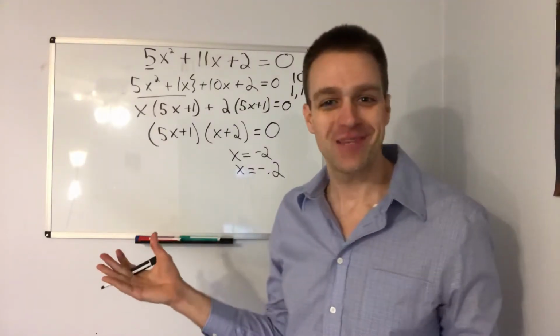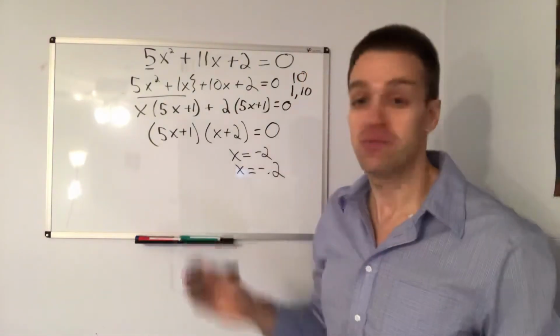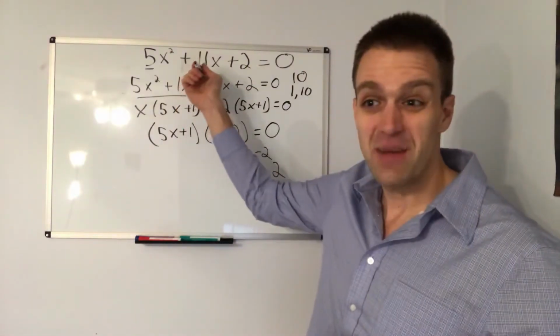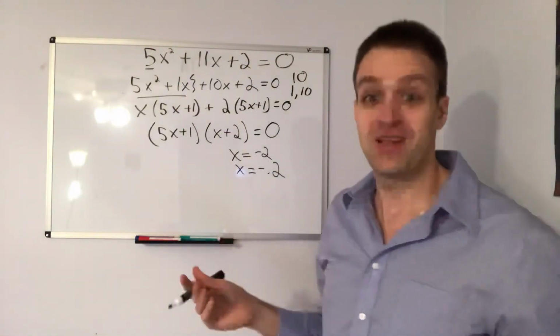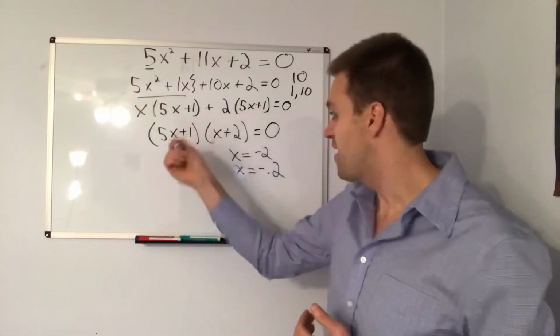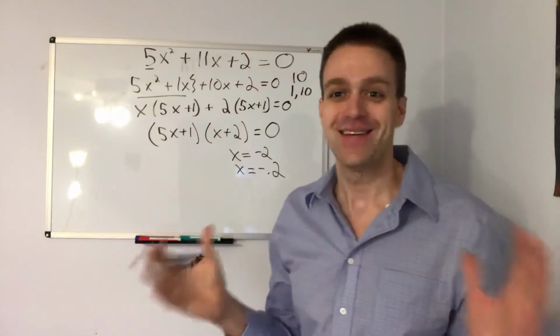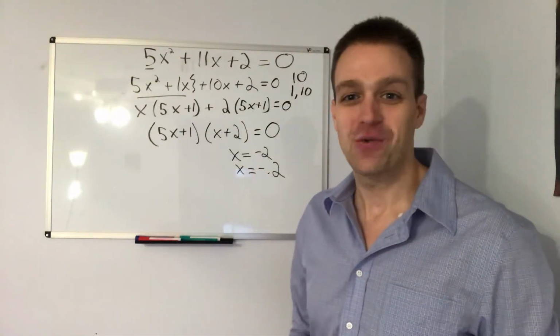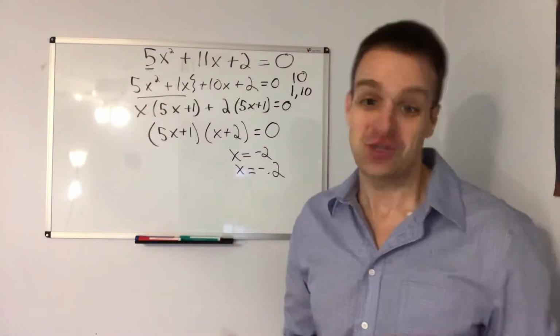So what other names did you come up with instead of factor by grouping? I sometimes think of it as factor by splitting because we're splitting that middle term. You could think of it as double factoring, because we have to factor here, and then we have to factor the whole thing together. So let me know in the comments below what names you came up with for this method, which most of us call